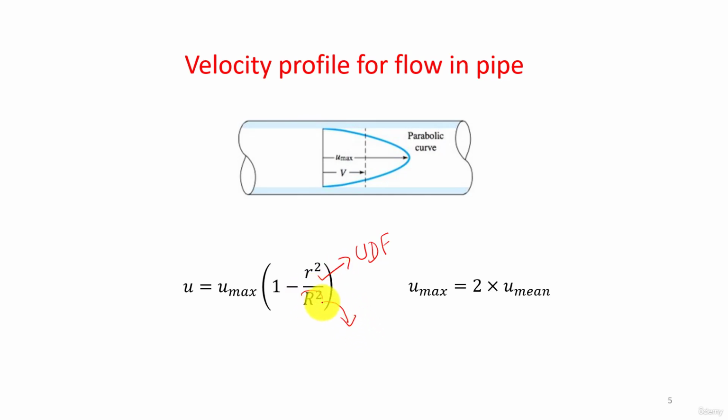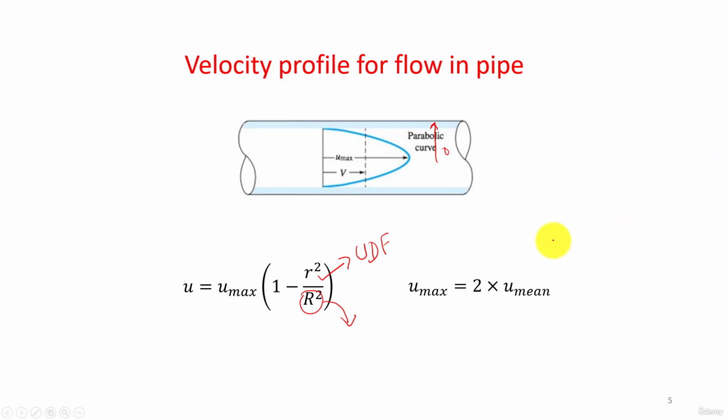This is a constant value. This is the radius, or you can say this is equal to the height, and this is the radius which is varying from location to location, like it is varying from here to there. So what we are going to do is that after applying the velocity profile using